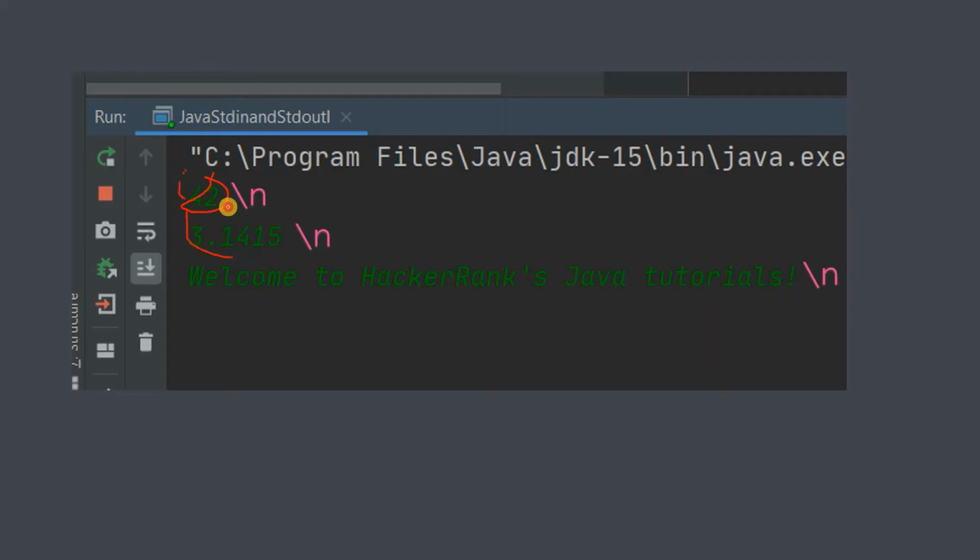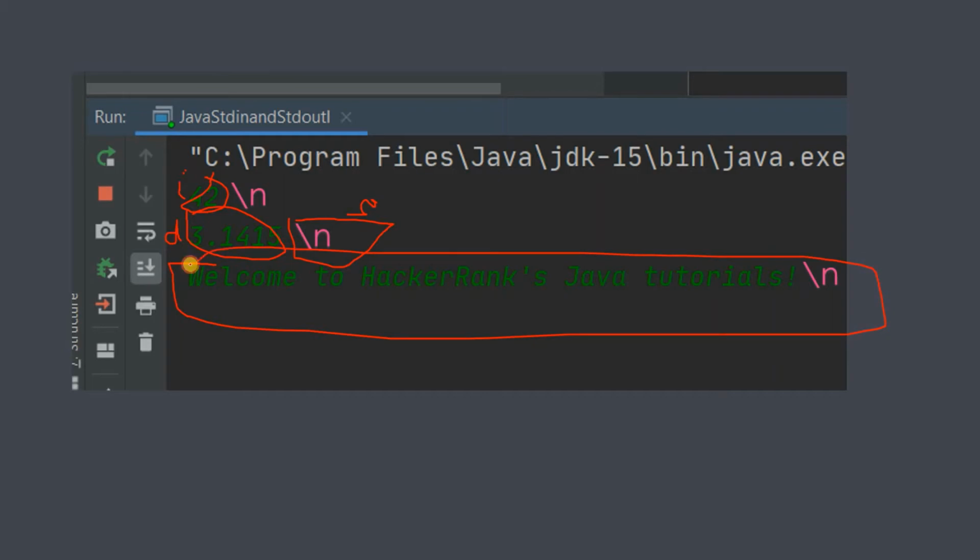So this will be I, this will be the D variable that we had, and now the S variable that we had for storing a string, actually this got stored in S. So if we store this in S, then what will happen to this? This will not get detected at all. So we didn't get this output. That is the reason why we didn't get that output.